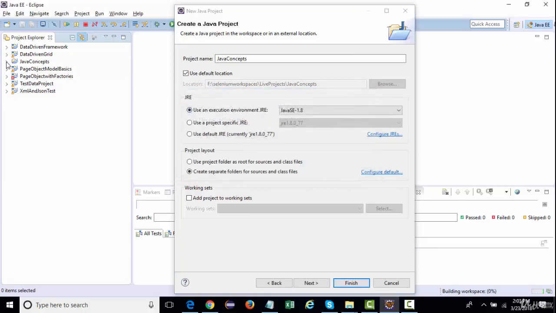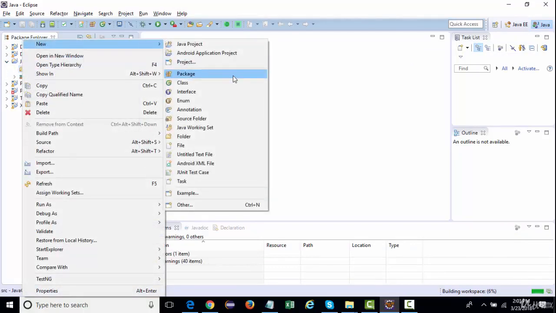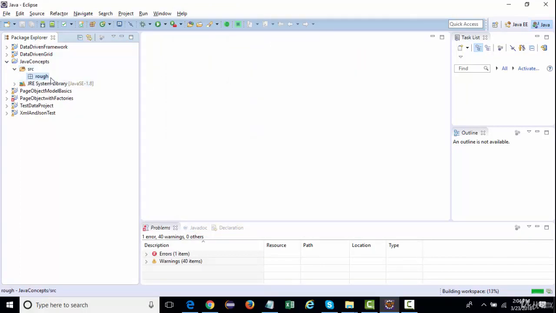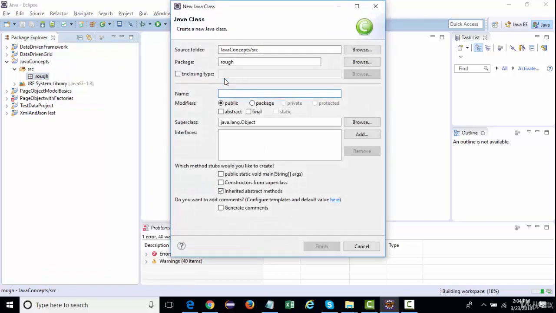And in this, let's say I'm going to create a new package as a rough package, and I'm going to create a class with the name, let's say, test, a simple class, right? And have a main method.